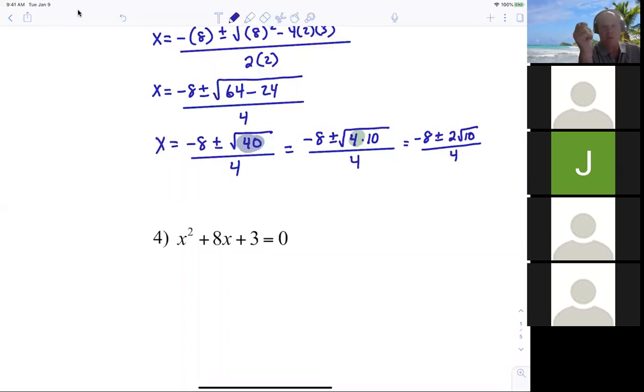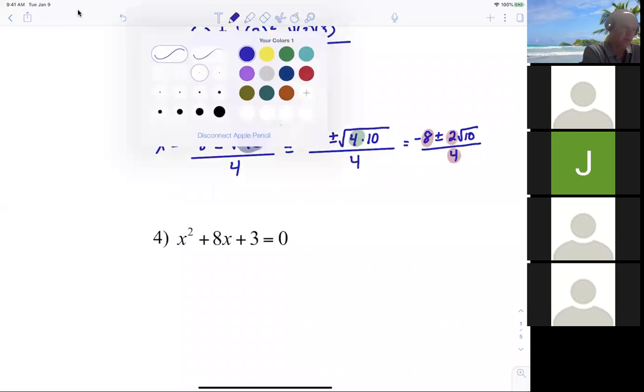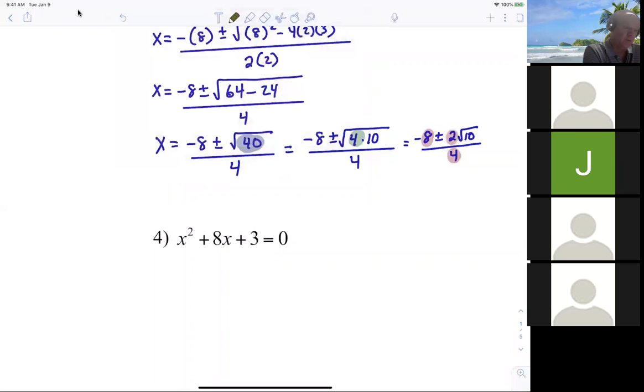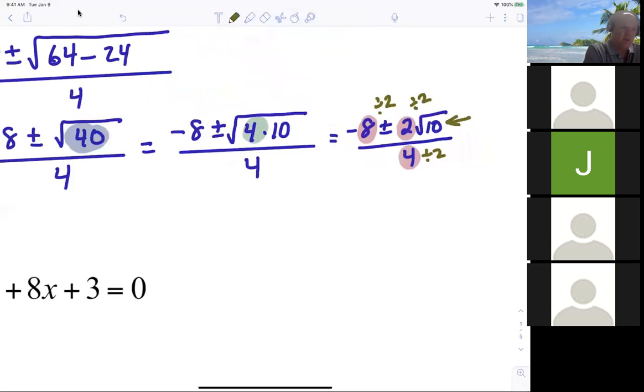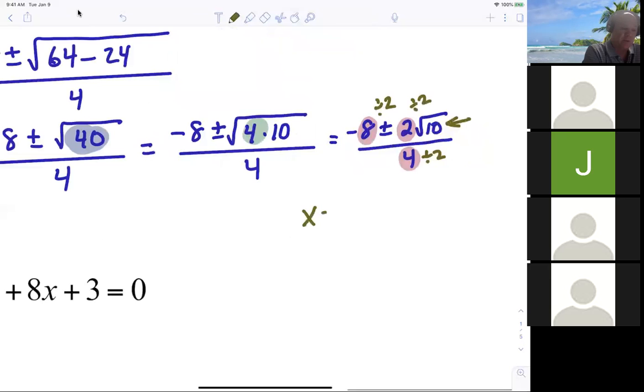Now, believe it or not, we have one more thing to do. We first have to look at the 8 and the 2 and the 4, and all of those numbers are divisible by 2. So we'll want to divide the 8 by 2, divide the 2 by 2, and divide the 4 by 2. Now notice I did not say divide the 10 by 2 because that is an irrational number. The numbers that are highlighted here are rational numbers, so they can be divided. All right, now when I divide that, final answer,